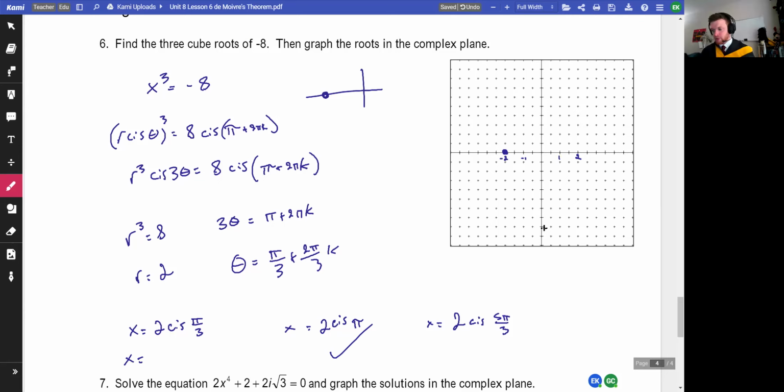I'm gonna do this real quick. 2 cosine pi over 3, cosine of pi over 3, that's root 3 over 2. That's gonna be root 3 plus, I think I did that wrong. It's going to be 1 plus root 3 i. Cosine of pi over 3 is 1/2. Sine is root 3 over 2. So 1 comma root 3. Root 3 is about 1.7, I think. And then the other one's going to be 1 minus i root 3.